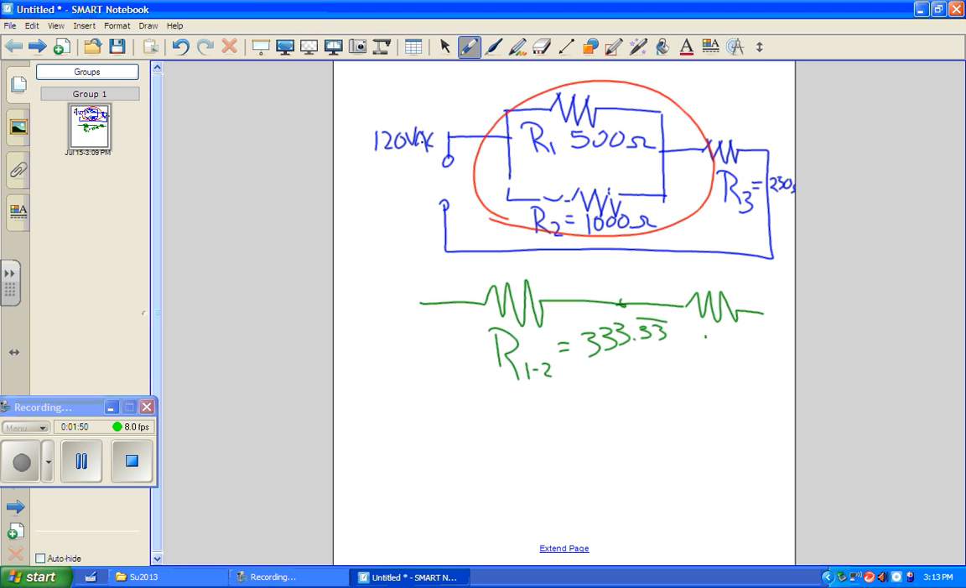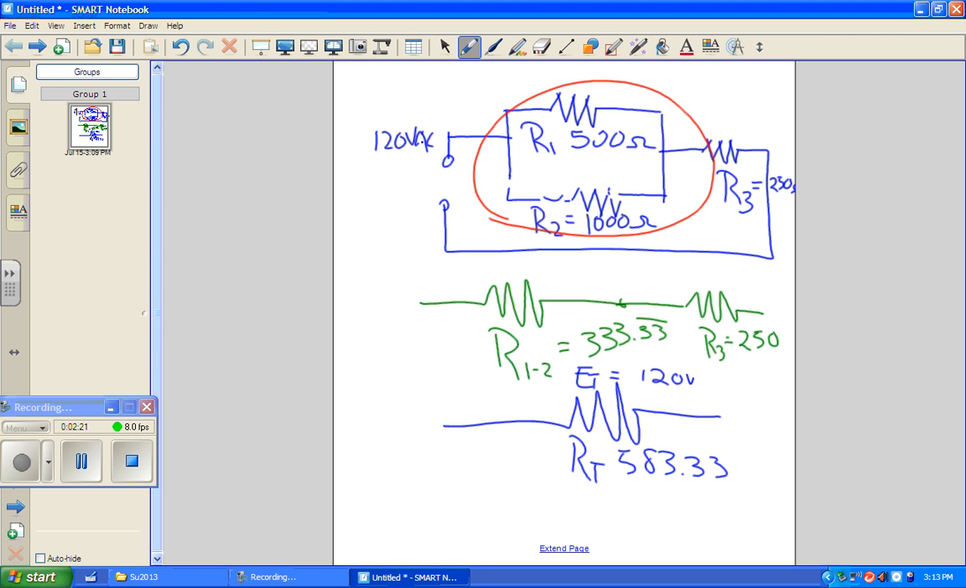Now we have another resistor, and we have 250 ohms here. So now we can come down and simplify this into one single series resistor, which is our whole idea. We want to simplify, simplify, simplify. So our total resistance, RT, is 583.33, and our ET is